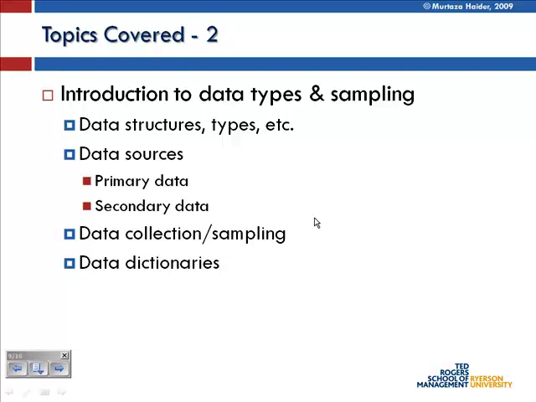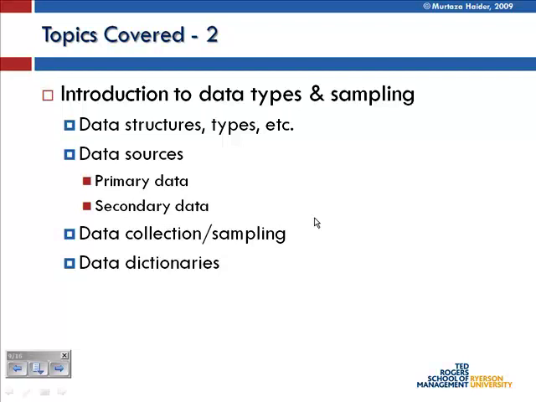Once we have discussed the data types and sampling, we would move into data structures, and then from there into data sources. There are primarily two types of data: the primary data sets and the secondary data sets. The primary data set is basically data that you collect about individuals if you are working with human subjects. And secondary data would be if somebody else has collected data, but it is available on an aggregate basis. Instead of being available at the individual level, it's probably available at the neighborhood level. And I will discuss that in detail once we reach this milestone in our course.